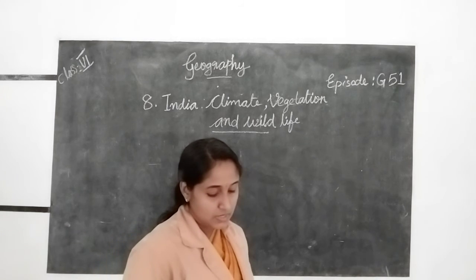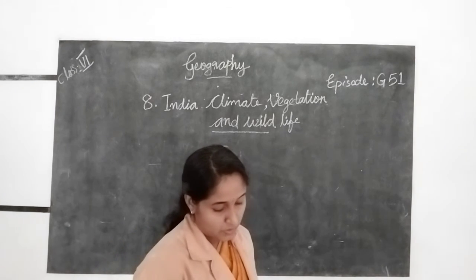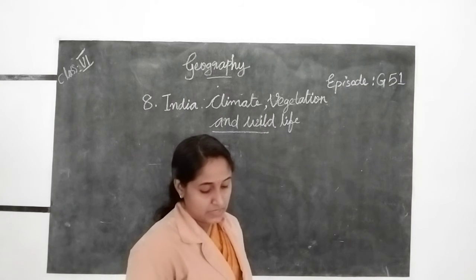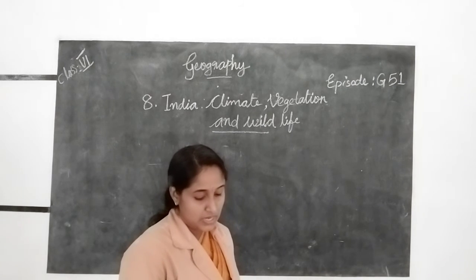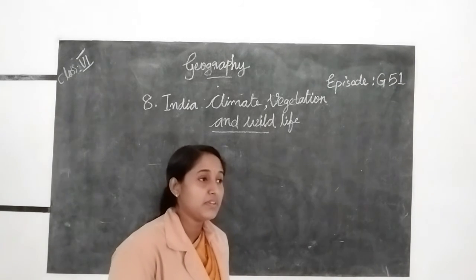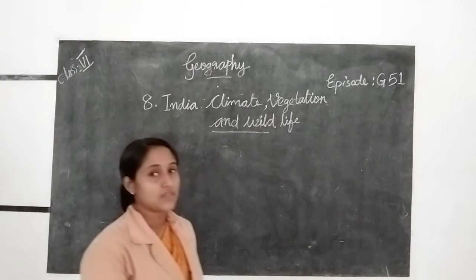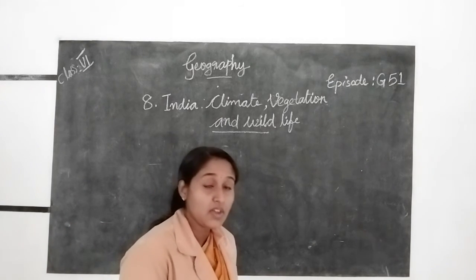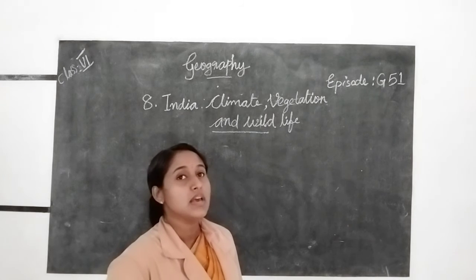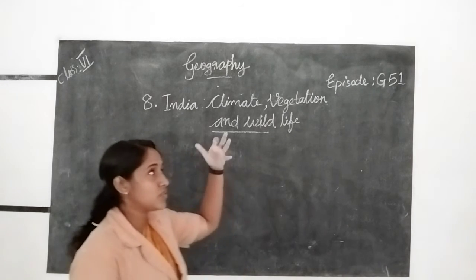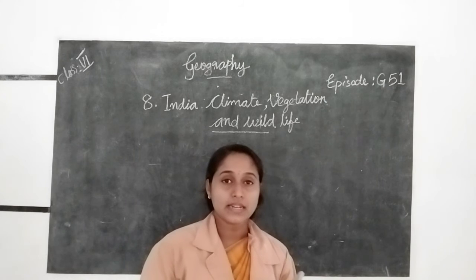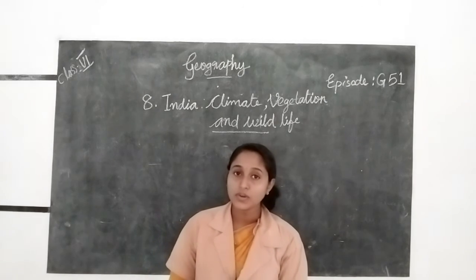Okay. So look at the next question. Name the different types of vegetation of India. Next question, what is the difference between evergreen forest and deciduous forest? Evergreen forest is also known as the rainforest, and it has heavy rainfall in this region, and also has large or huge trees in this region. Because of that, the sunlight does not touch the ground.